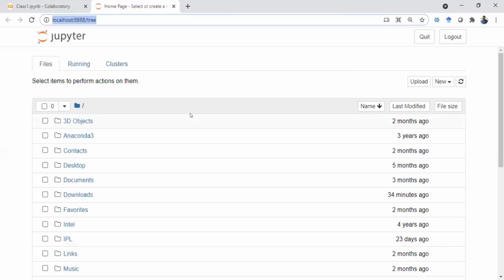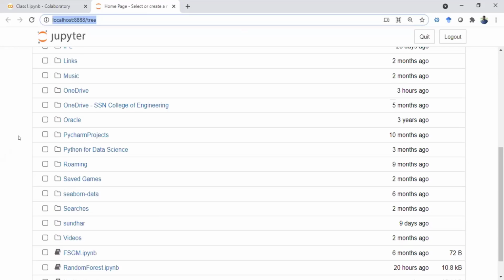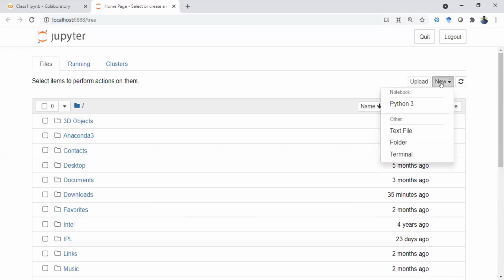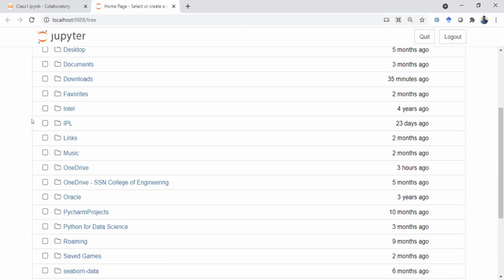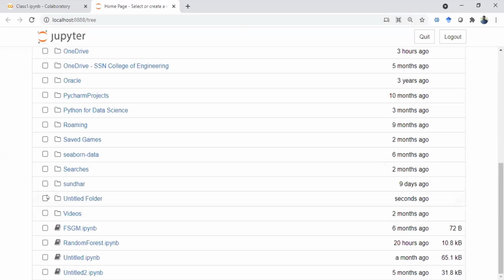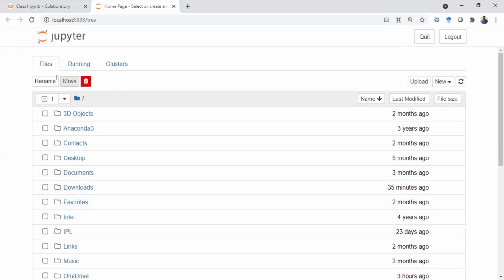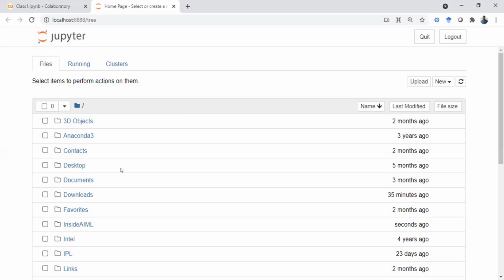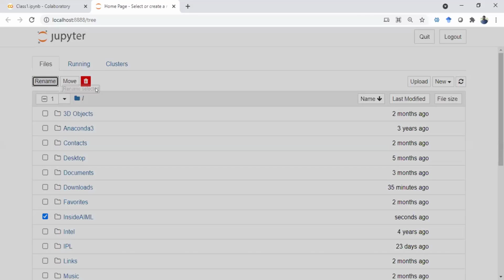So you will see plenty of things like this. This has some folders. You will be able to create a new folder. So you say New here, and then first click on a new folder, because you can put all the Python programs within the same folder. Let's create a folder, and if you scroll down, there will be an Untitled folder created somewhere. Just click there, then come up and say Rename, and rename this folder as Inside AIML Python.